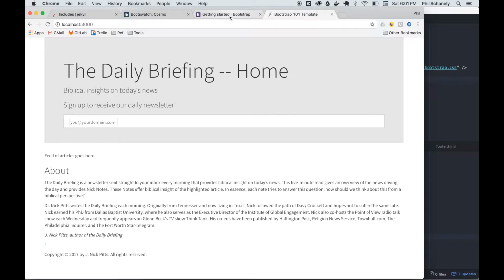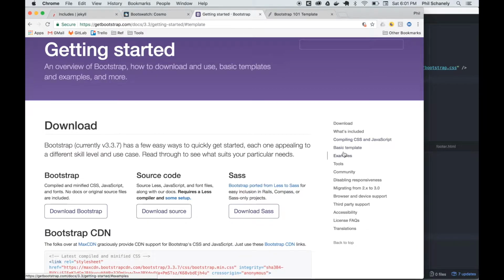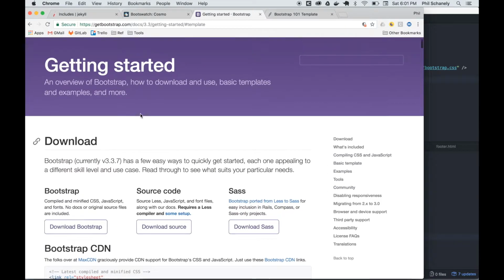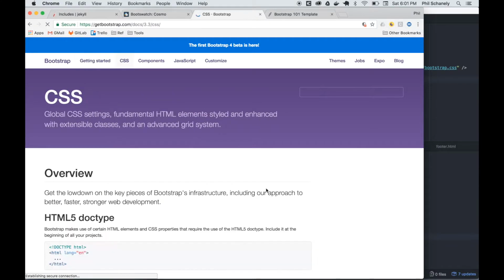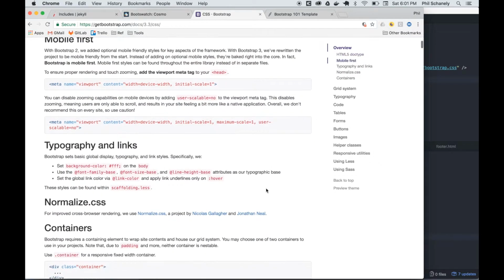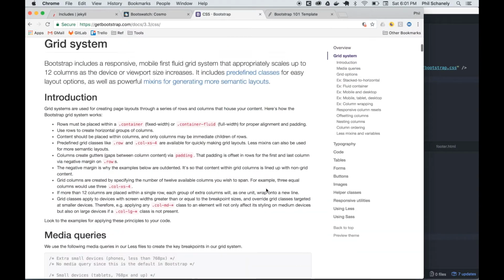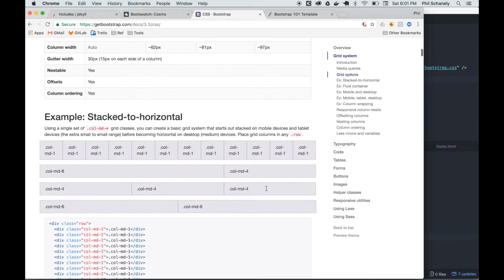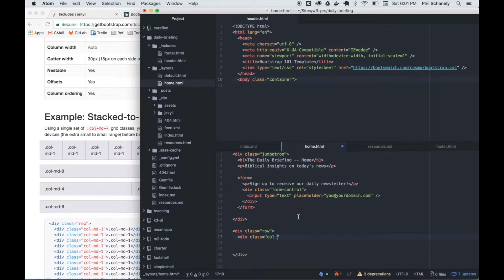And I always need to go to Bootstrap. I use so many of these systems, I forget what all the correct classes are. So if I want to do a 3/4 left container, I'm going to want to do col-md-9. So col-md-9. Okay, and that's where the feed of articles will go. And then over here on this side,